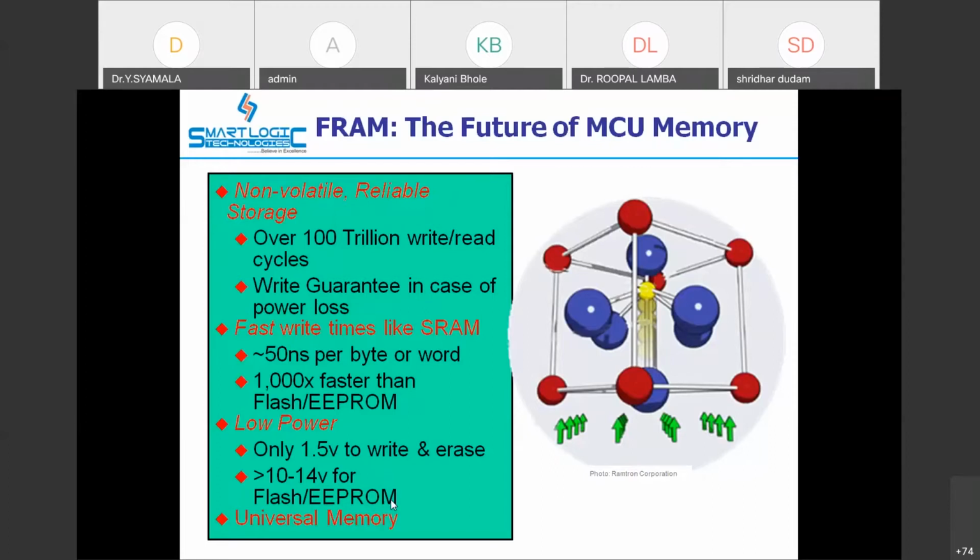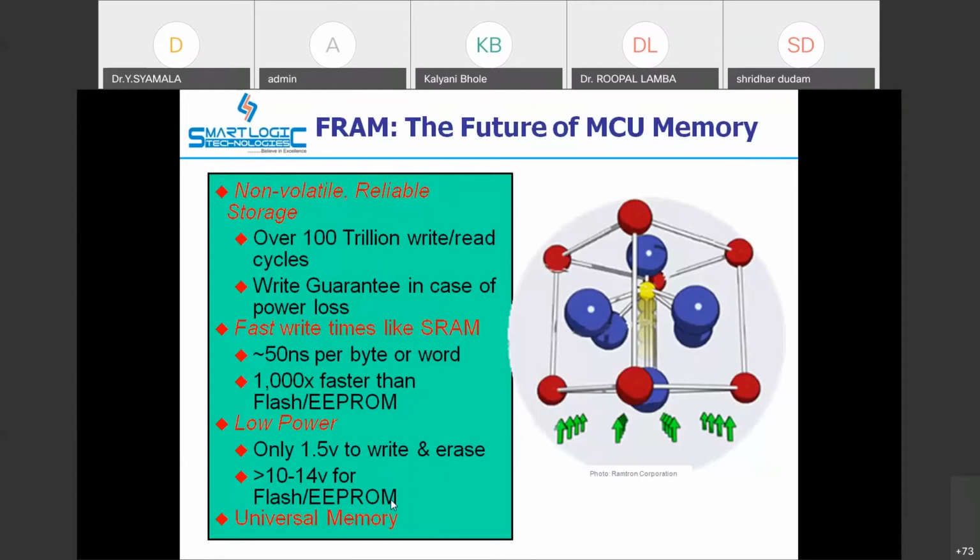So there are 100 trillion read-write cycles possible with this FRAM, and a write guarantee is there in case of power loss. Suppose we are writing certain data to the flash memory. Obviously the writing takes certain time, and in between there is an irregularity in the power supply. At that time they guarantee that whatever byte you wrote last before power failure is clearly written on the